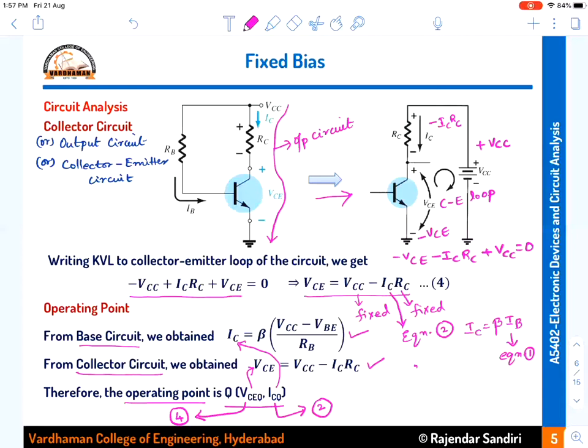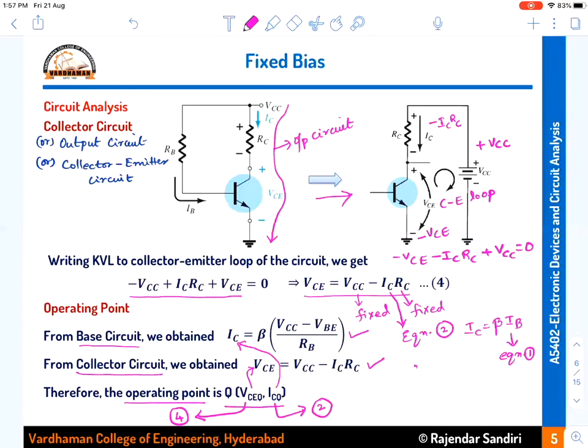That means you don't remember the formulas that we are getting at the output of these derivations, but you remember the procedure of how we are deriving the equation, so that if some modifications are made in the problems, you can still do it. Not exactly the same circuit may be given. Sometimes the emitter is directly connected to ground, or some resistor may be connected here and then to ground. Then also, if you just apply KVL to the input circuit and KVL to the output circuit, it will be easy for you to find the IC value and VCE value without remembering the formula. So you remember the procedure, not the formula, in this case.